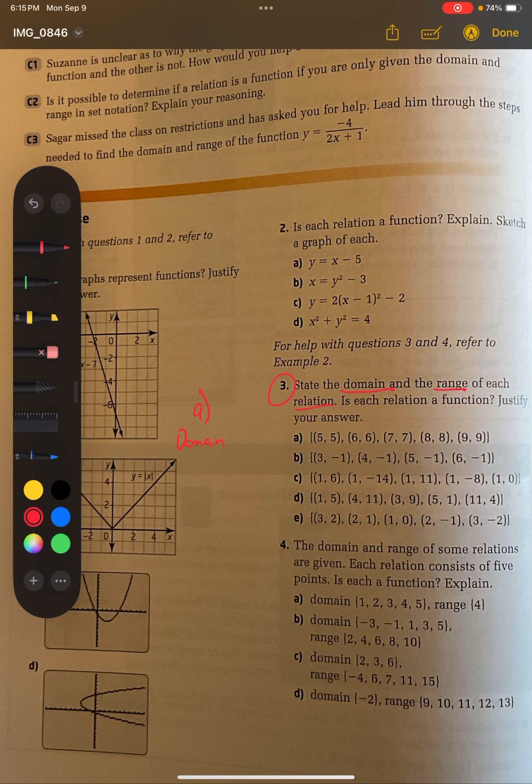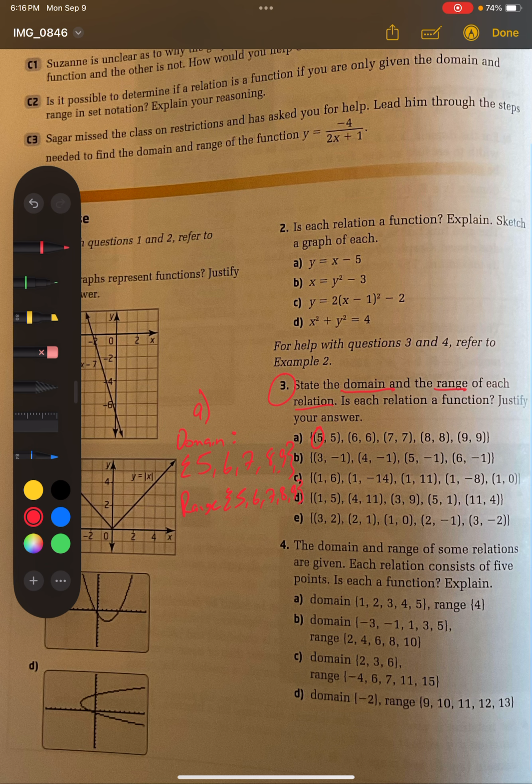Domain is equal to, basically here's a set. It's 5, 6, 7, 8, and 9. That's our domain. And our range is basically 5, 6, 7, 8, and 9. And now,